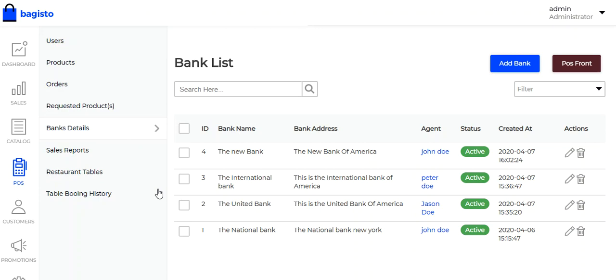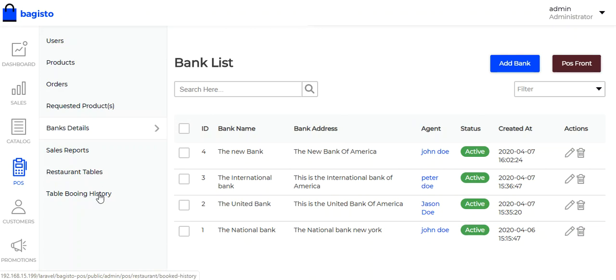Here the admin can see the details that have been provided by the admin to the POS agent, so that all the payment that have been made by the customer will go to these bank accounts of the admin.